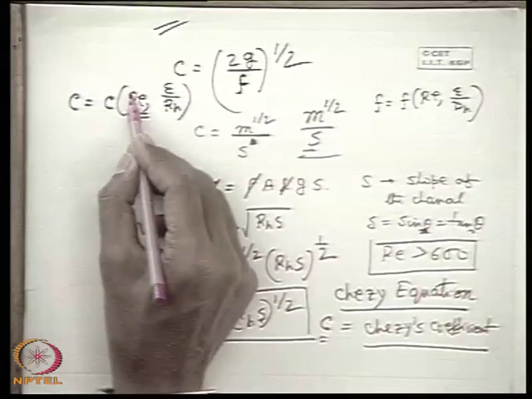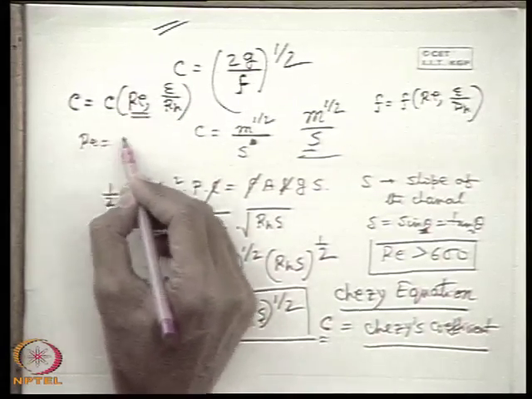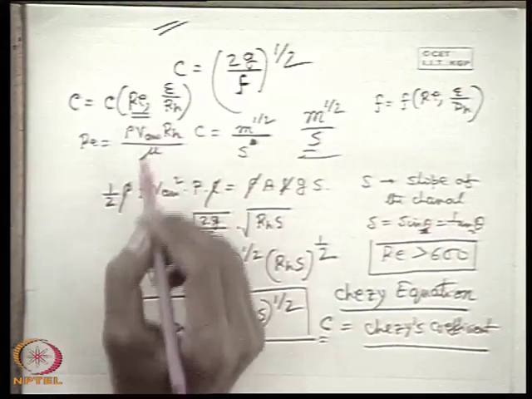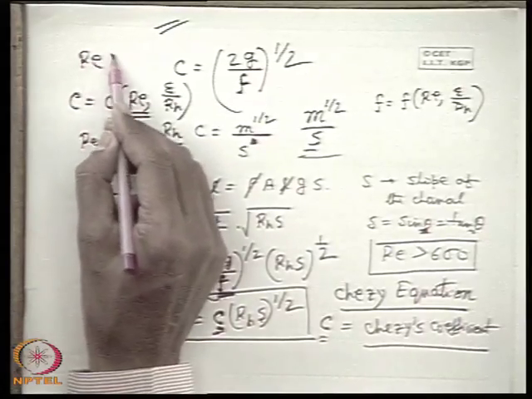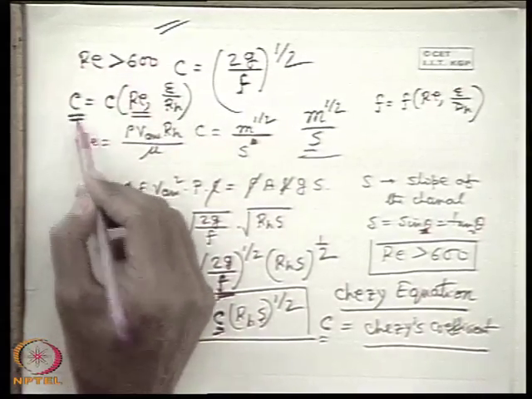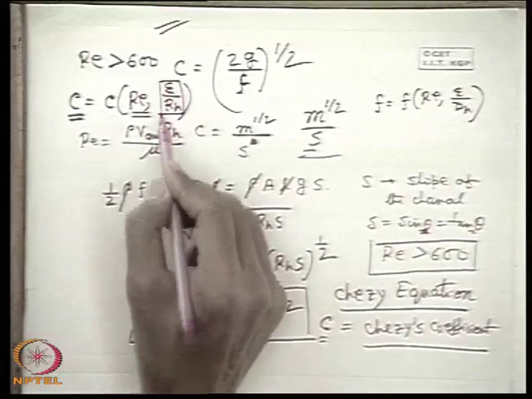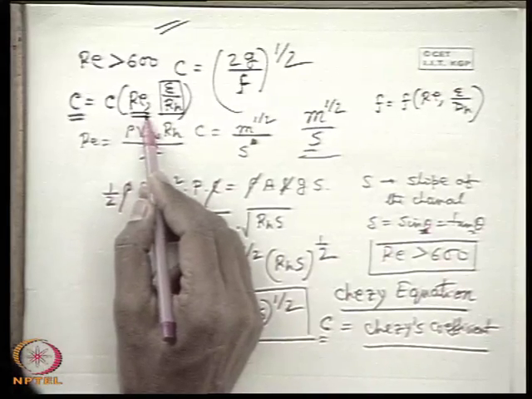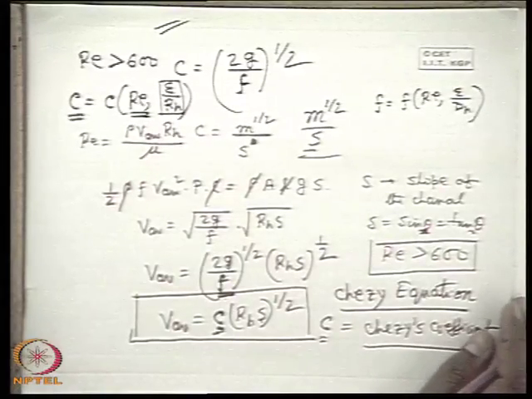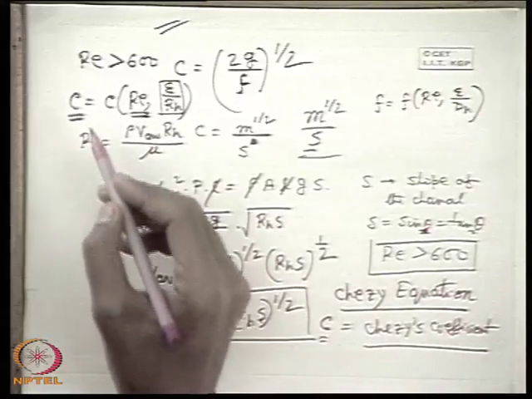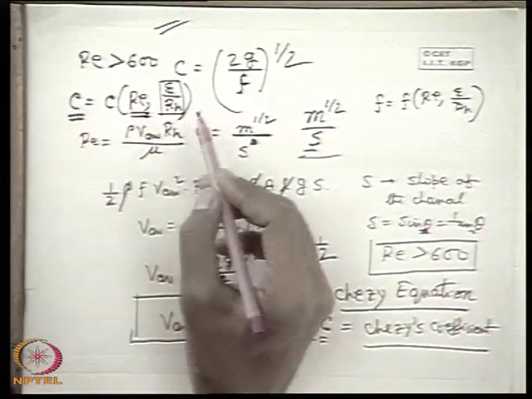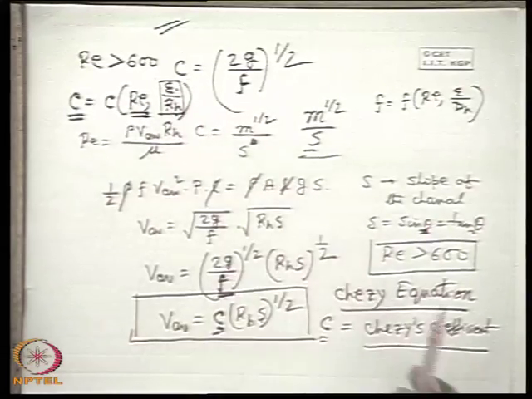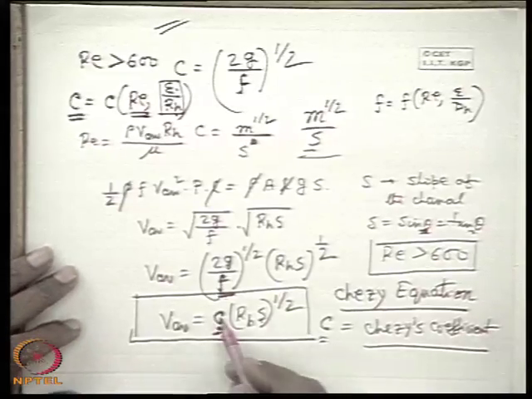We have earlier discussed the Reynolds number. It is defined in this case as rho times the average velocity times the hydraulic radius divided by mu. In case of turbulent flow, when the Reynolds number is greater than 600, Chezy's coefficient depends on the average roughness coefficient. So the dependence on Reynolds number is actually not there in case of turbulent flow. In all practical cases, flow is turbulent, so Chezy's coefficient depends only on the absolute roughness, or we can say the roughness and the hydraulic radius. So these are the factors on which C depends.